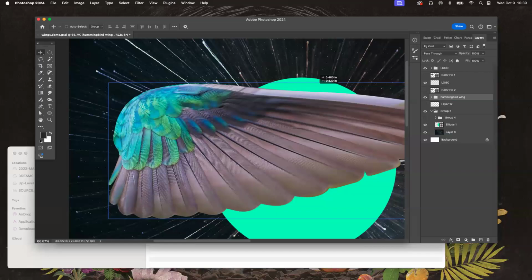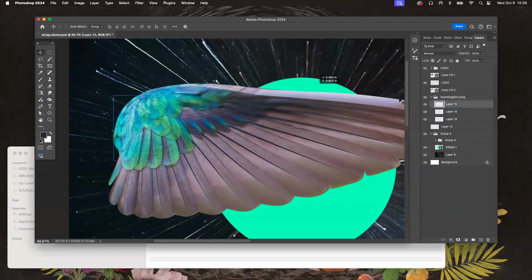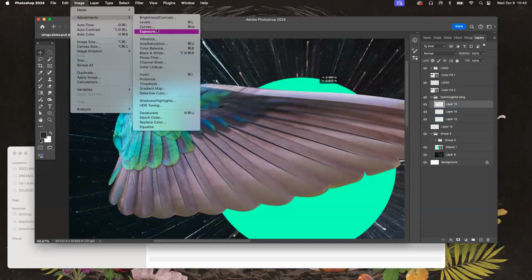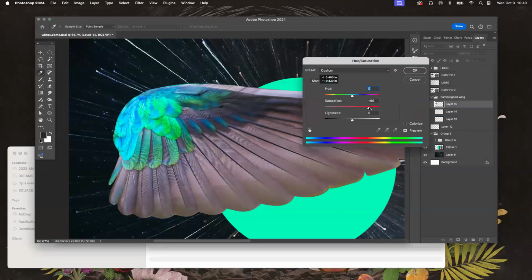Okay, so going back to this, what I did here is just another way to create different looks and styles from one image. So now we have this wing. As you can see, I put it into this folder and dropped it down, and I have it in three pieces. Now what I'm going to do is go to image, adjust, hue, saturation,